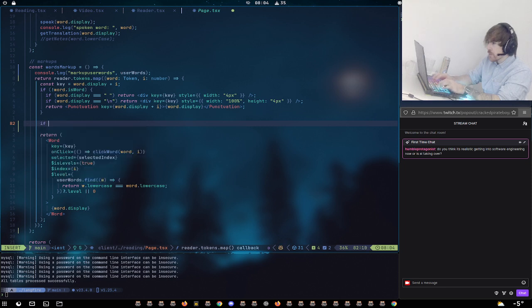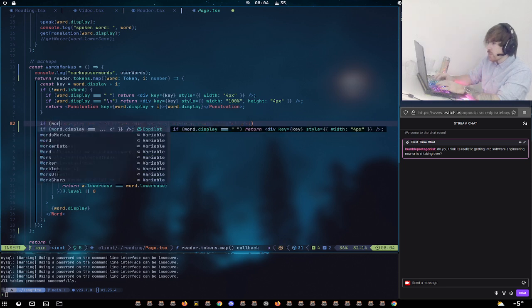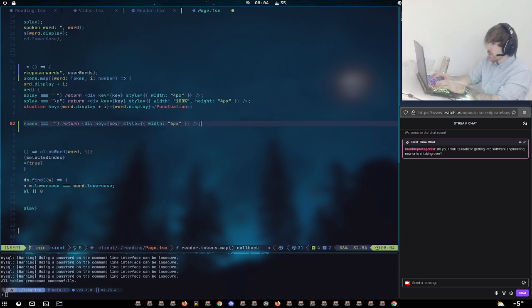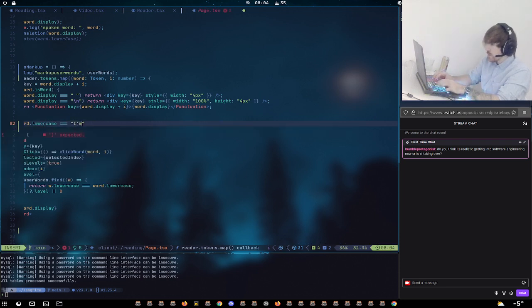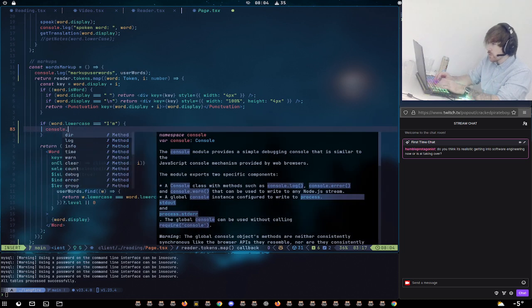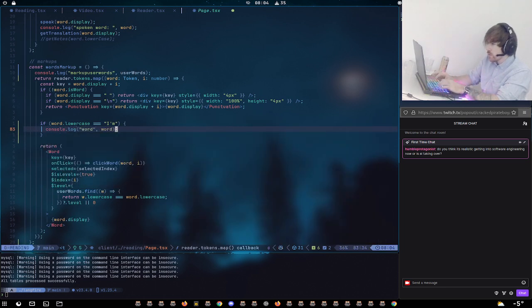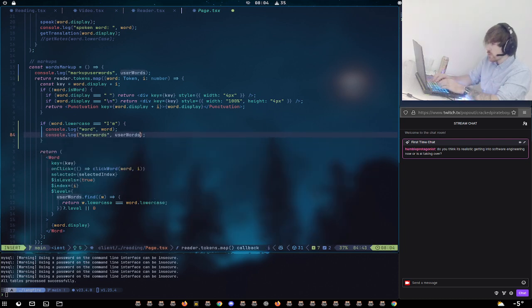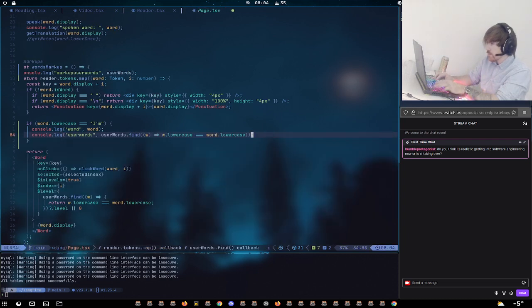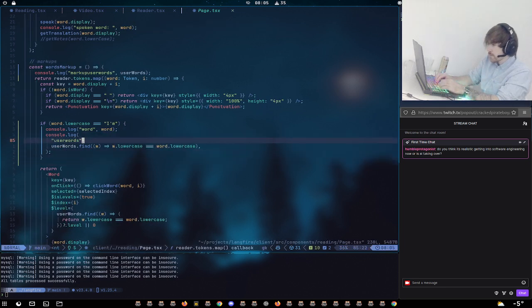Let's do if word dot lowercase equals I'm, then we console log word, console log user words. Let's see.